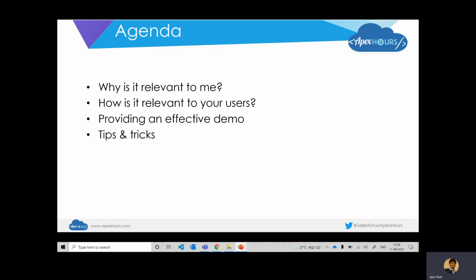But especially us being developers or techies, we don't really know why it is relevant and what impact it has on our users. So we're going to be looking at that, and then we're going to be talking about 5 guiding principles which help us provide an effective demonstration. These principles are general guiding principles, so you could apply them to any area, any vertical of a Salesforce demonstration, and even extend them to general demonstration of other stacks.